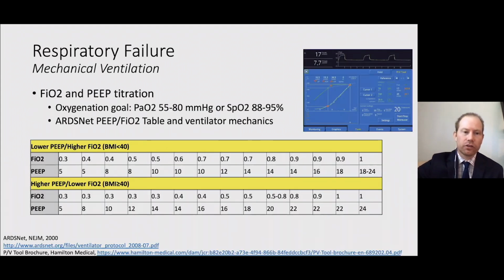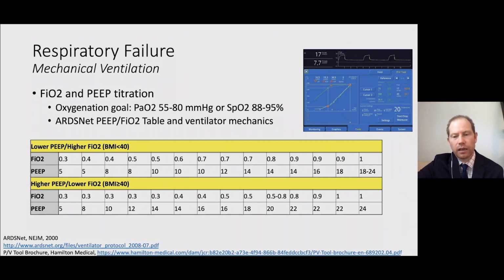Again, we won't go into this in great detail, but as the patient is established on mechanical ventilation, it's important to adjust the mechanical ventilation to optimize their oxygenation. And the primary tools that we do this are by manipulating the FiO2 and PEEP. And we can either do this based on the ARDSNet tables that you see below. And so for any given FiO2, we can set a PEEP, or we can adjust it based on the patient's